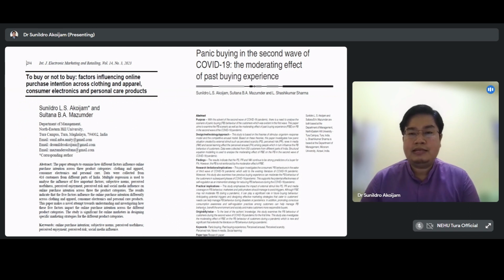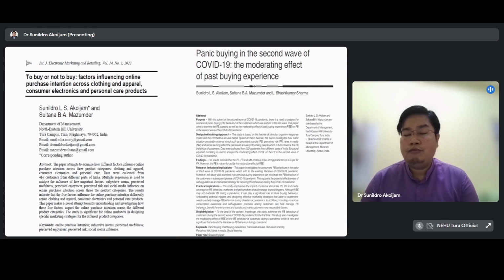Going to the second type, on the right hand side you see a paper published in a journal published by Emerald. These are my own papers which are published in different journals. If you see the structure of the second type of abstract, within the abstract there are subsections, like the purpose, design methodology approach, then findings, research implications, practical implications, and originality. So this is the second type of abstract, which is accepted in the Emerald journals.